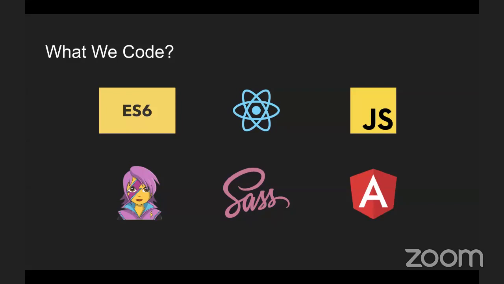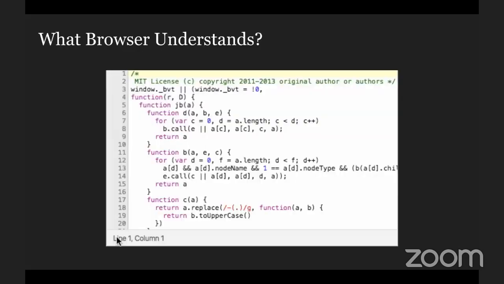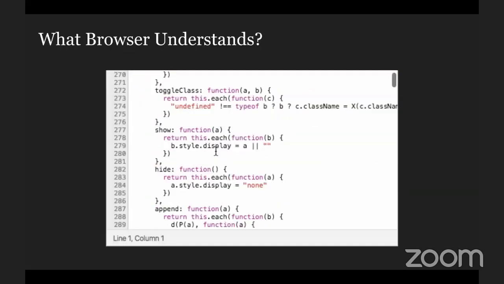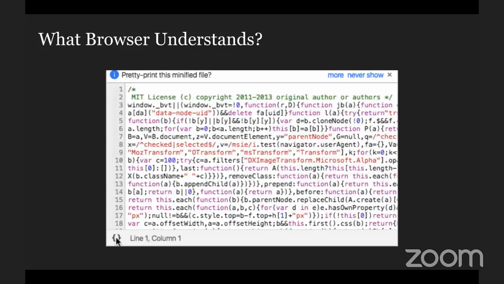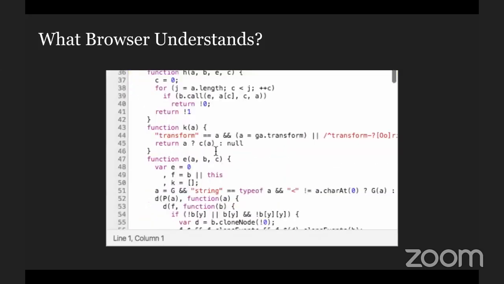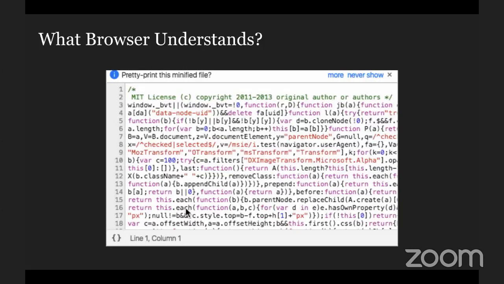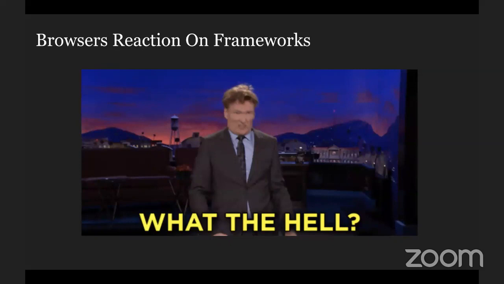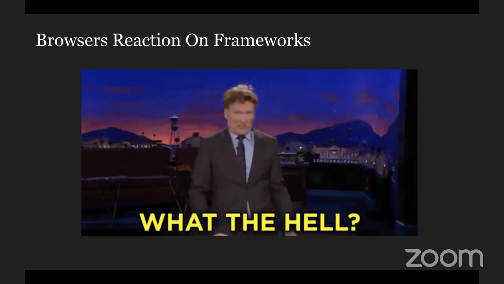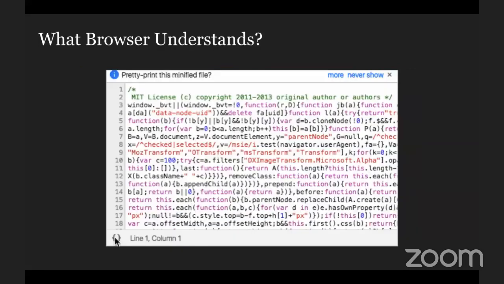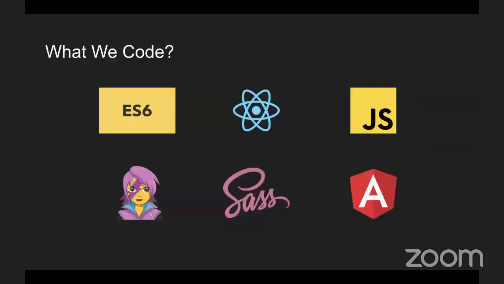But what happens if you build a very complex project on this and try to run it in the browser? Usually the browser doesn't understand React, the browser doesn't understand Angular, it understands only this pretty minified bundle. It doesn't understand anything else. It understands simple JS, HTML, and CSS. So whenever you pass these frameworks to a browser, it will obviously react like, what the hell is wrong with you? Why are you even giving me this? It expects you to give a very simple bundle, minified JS files, instead of these things.